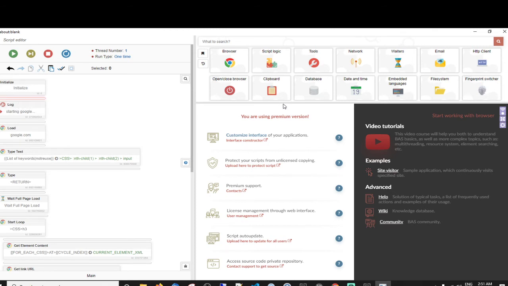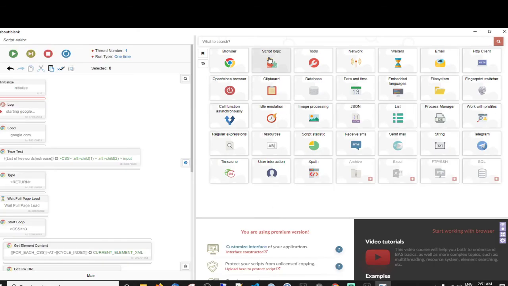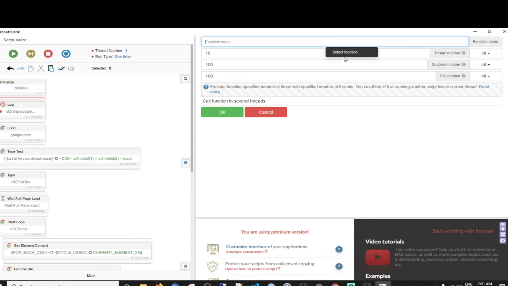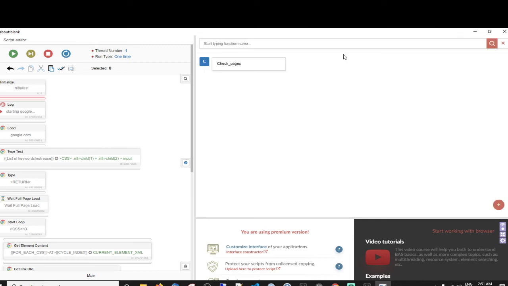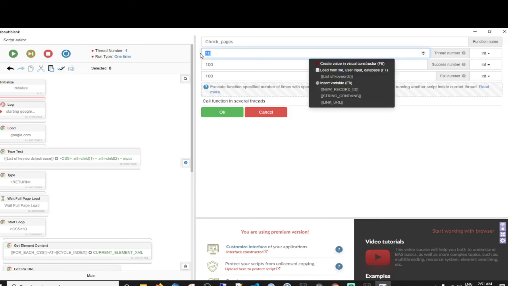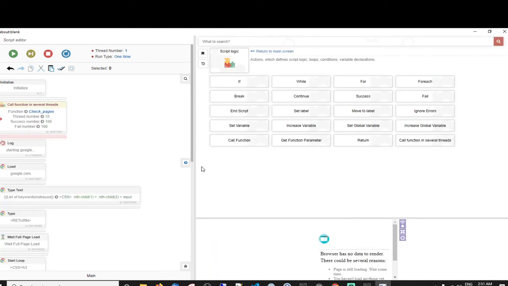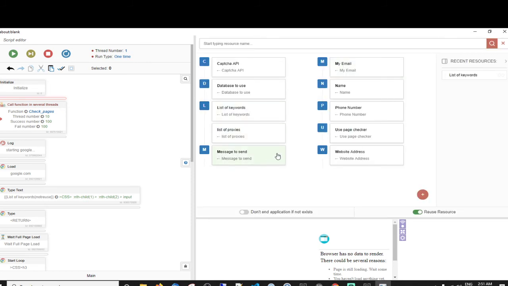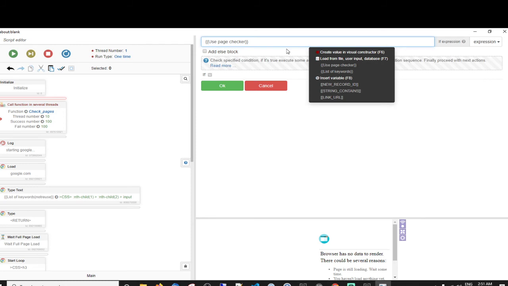So here, I'm just going to go to script and then call function in several threads. What function do I want to call? Check pages, the one that we just made. And I'll adjust all this in a second. Then what I need to do is put it in an if statement. So if use page checker equals yes. So, in other words, if that checkbox is checked,